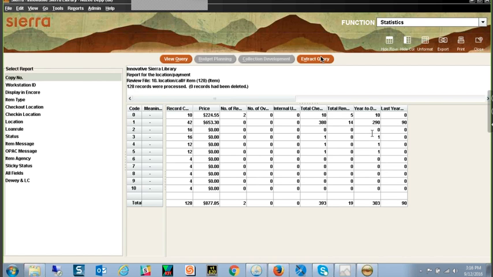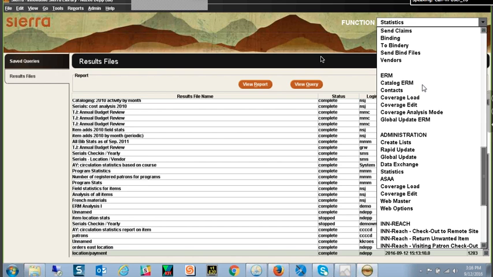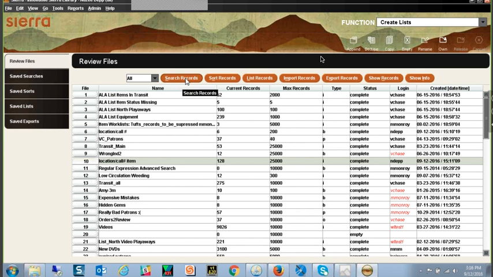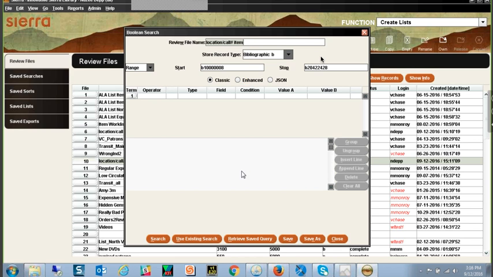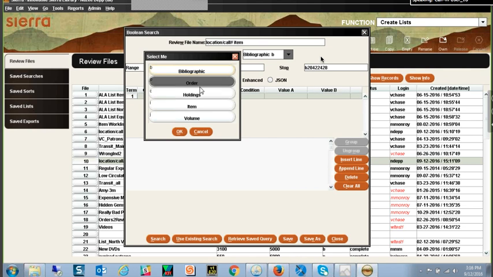Because otherwise, whenever we talk about create list, let me go to create list and close this one up. Whenever we talk about create list and how you store records, that's why it's so important. If it's bibliographic, storing in bibliographic, then because all these records are attached to the same record, you can get the